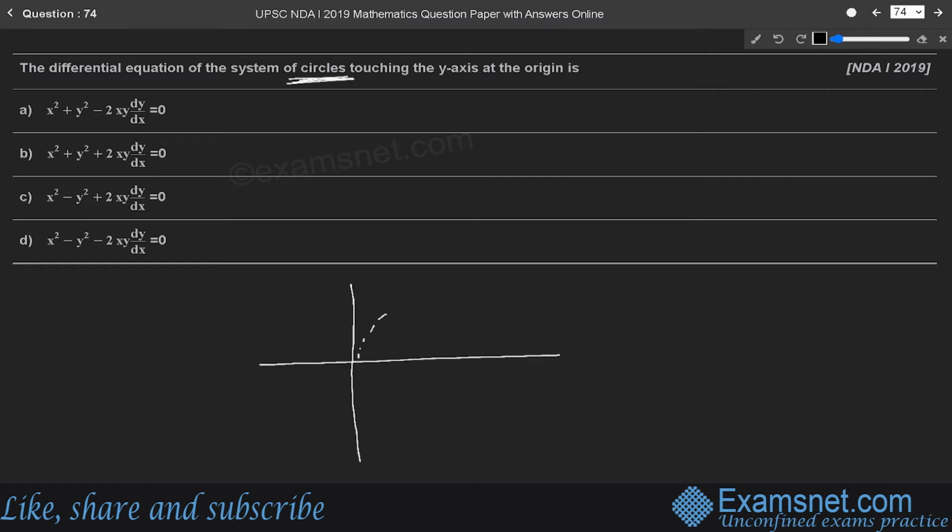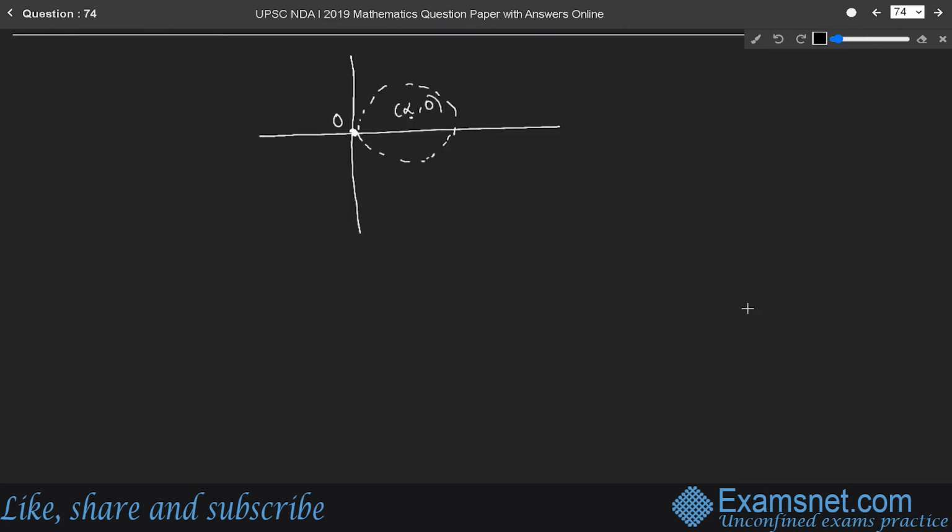A circle is touching the y-axis at the origin. This is the origin, which is O, and the center for this circle will be (alpha, 0). We know that the equation of the family of circles touching the y-axis at the origin is given by (x minus alpha) whole square plus (y minus 0) whole square is equal to alpha square. So putting the values here, we will get x square plus y square minus 2 alpha x